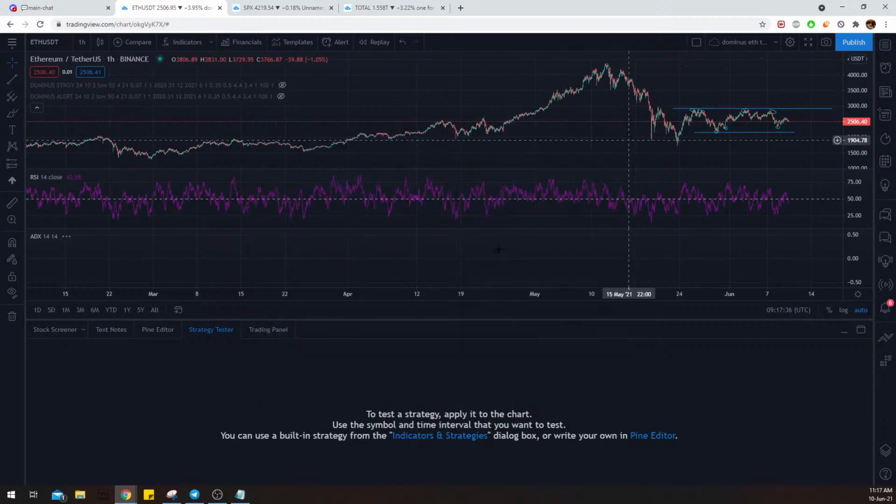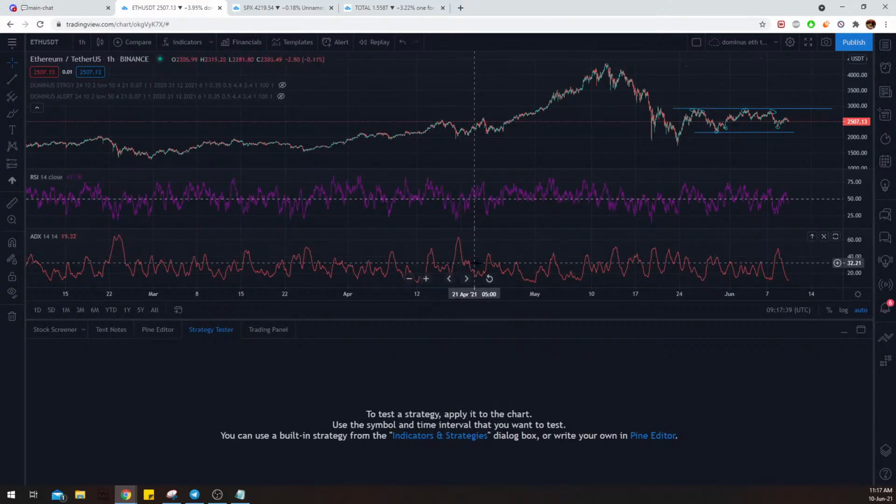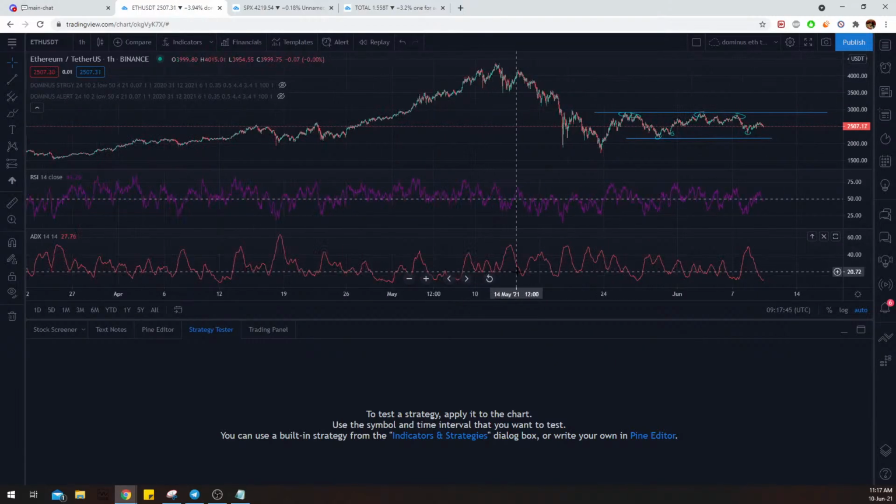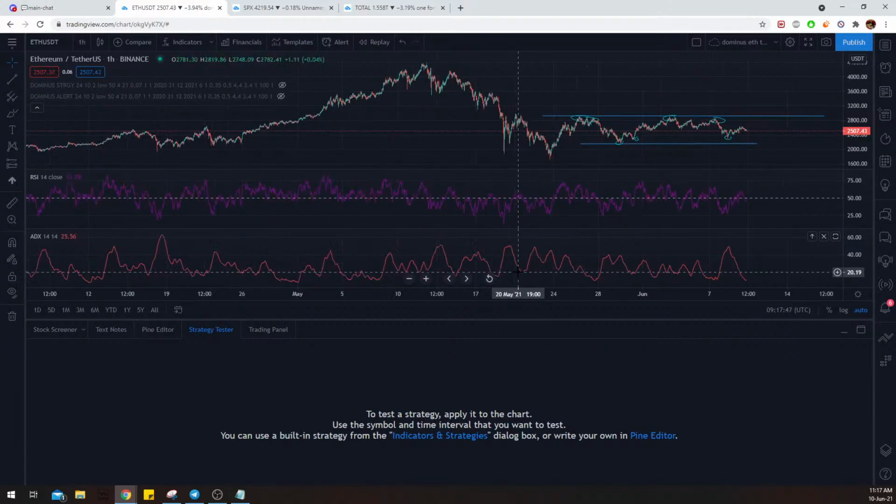But this is ADX, and we still have the values. Honestly, right now I'm kind of a little bit in the middle, because I don't know how to put this for study,